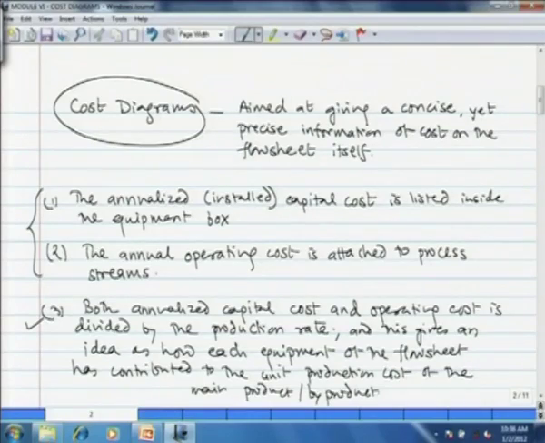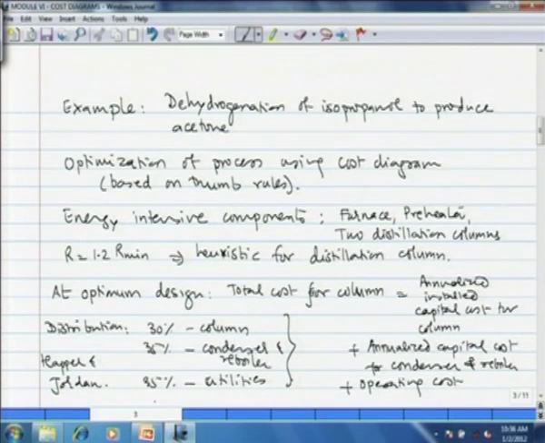The annualized capital cost of equipment is written inside the box indicating the equipment, and the processing cost is attached to the stream for which the processing, like heating, cooling, etc. is carried out. We saw what the uses of a cost diagram are. Cost diagrams are effective means of summarizing information. You can check the rules of thumb using the cost diagram and find out the areas of optimization of the process in